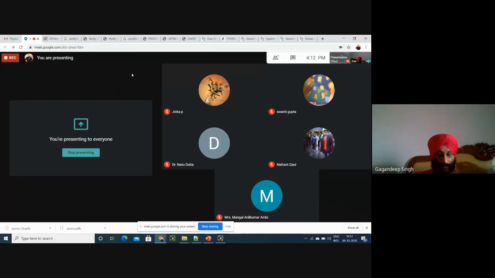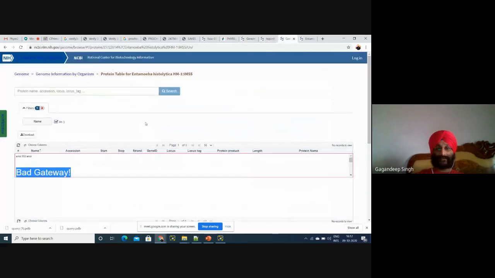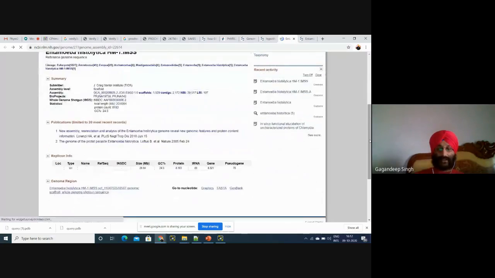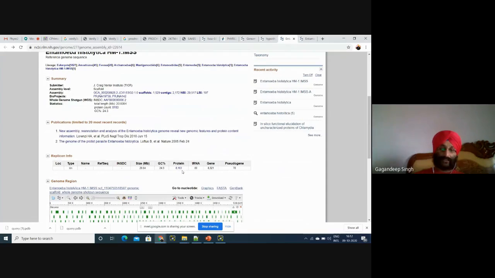So I'll recommend that first of all, you try to find any organism having fewer proteins, because I'll give you a hint, this one is 8,163 proteins. Out of these 8,166 proteins, 50% should be hypothetical.